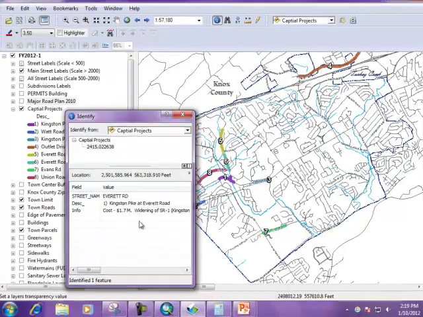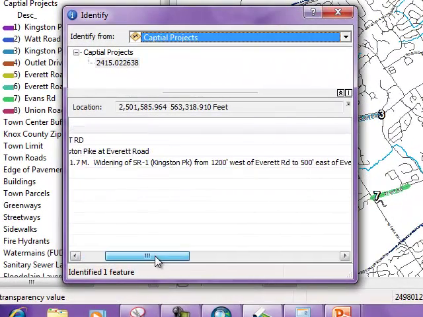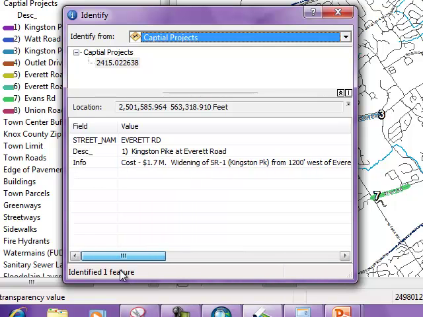So if we're interested in capital projects and I click on capital projects, then it tells me that it's Kingston Pike at Everett Road, and then the cost was 1.7. All that information I typed in. Estimated completion date, I don't think that's... Depends on what you have. Yeah, it's whatever. Like if you give it to me on a spreadsheet and you'd say this is all the